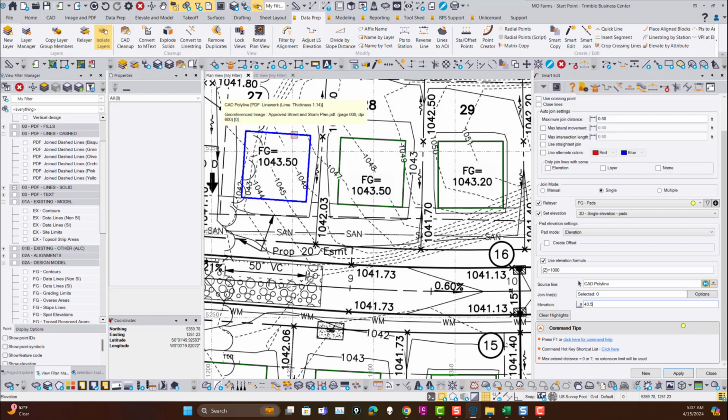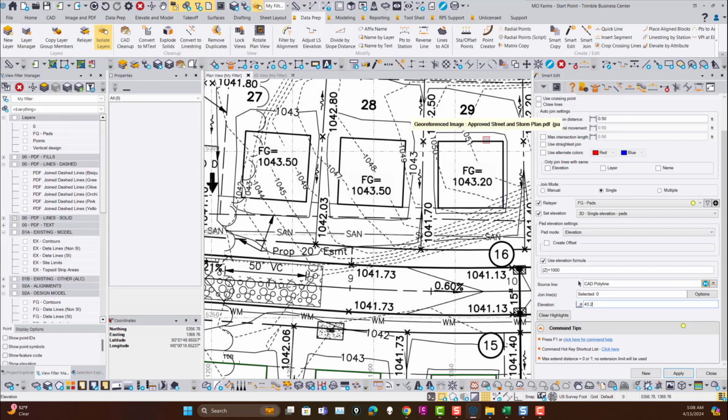Now you can do it this way with this command. This is 2 extra keystrokes because you have to type N for each one. If you wanted to do this the quickest way, you would use the adjust line string elevation command in the pads mode, which uses the same kind of technologies, but again it's a little quicker because you don't have to hit the N key between each line. But if you're in join mode and you may have to join some of these lines together, then the join mode is the best way to be, and half the time you don't know what you're going to have to do until you get there. So in this case, N, and it remembers the last used pad, N 43.2,